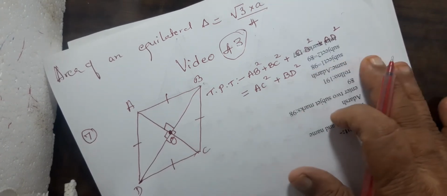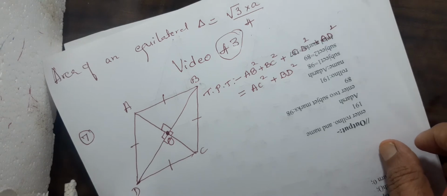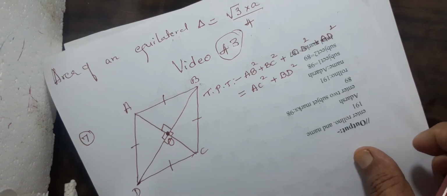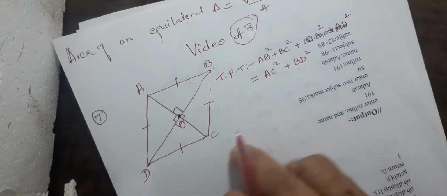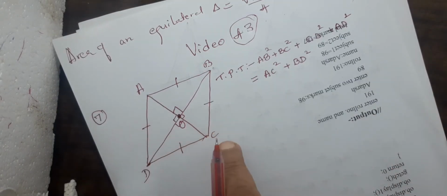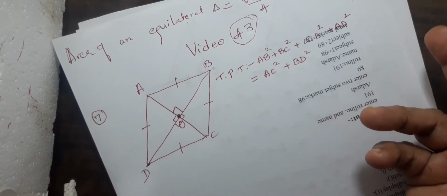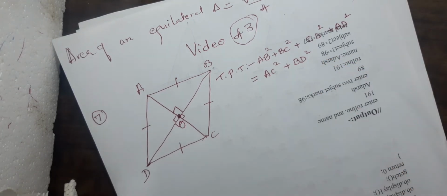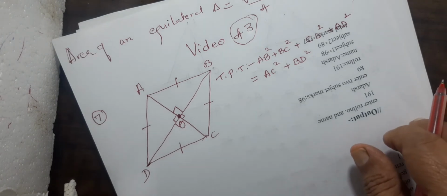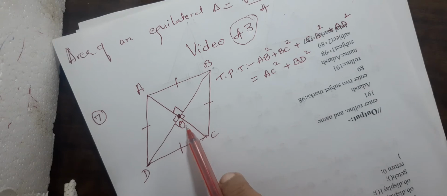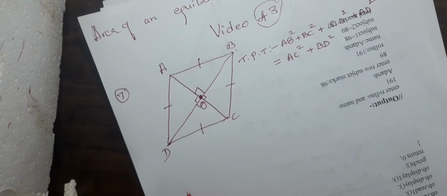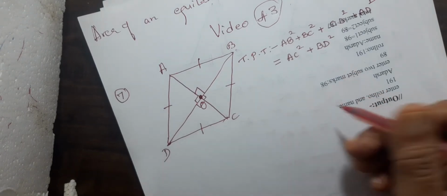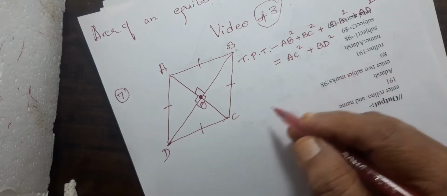So the sum of the squares of the sides of the rhombus will be equal to the sum of the squares of the diagonals. Which are the diagonals here? AC and BD. And I just now told you there will be right angles. If there are right angles, then you have to apply the Pythagoras property. Where will be the right angles? The right angles will be formed by the diagonals here. These diagonals bisect each other at right angles. That is the main property here in case of diagonals.